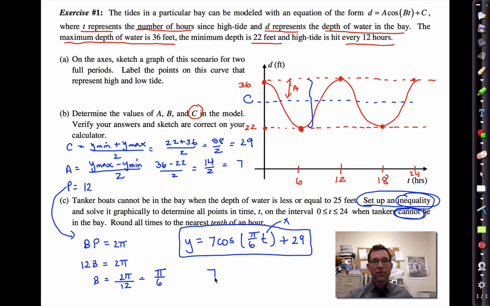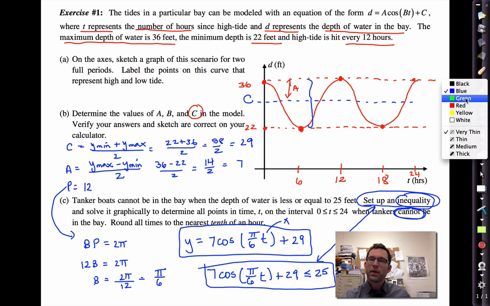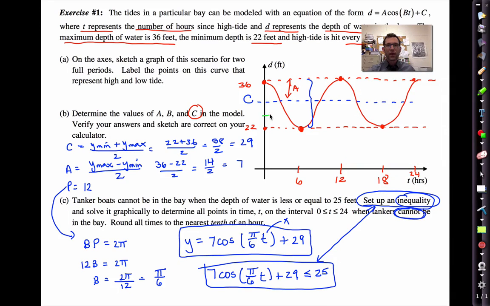Well, I'm going to have a problem whenever this depth, and this is the depth, is less than or equal to 25. So this is my inequality, right? When they say set up an inequality, that's what they mean. Now, how do I solve this? Well, what I do is I go into my calculator, and in y2, I put in 25. Of course, that's going to graph a horizontal line 25 units above the x-axis. Then I'm going to use my intersect button